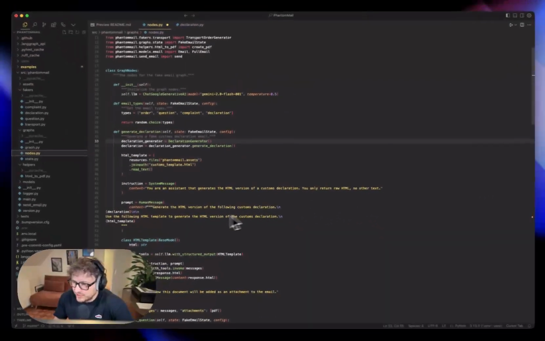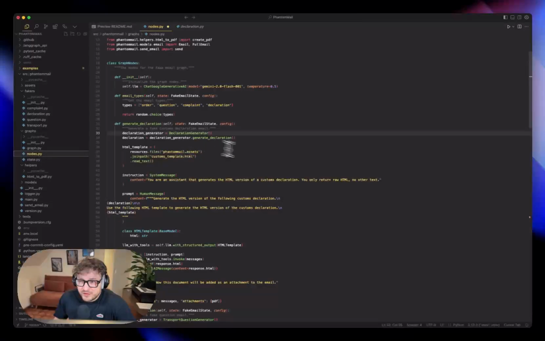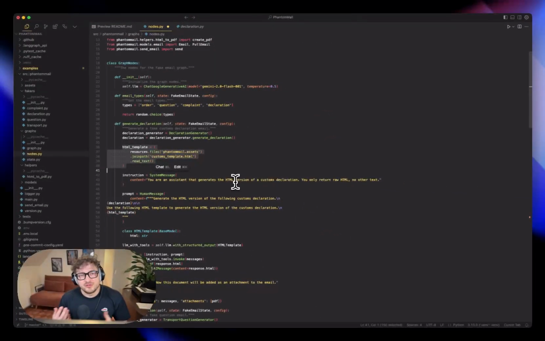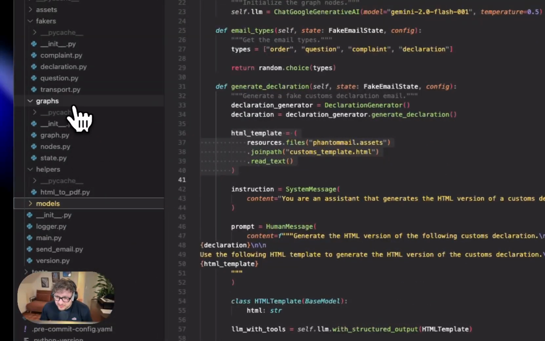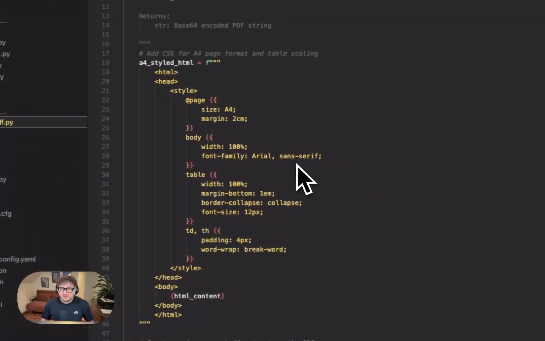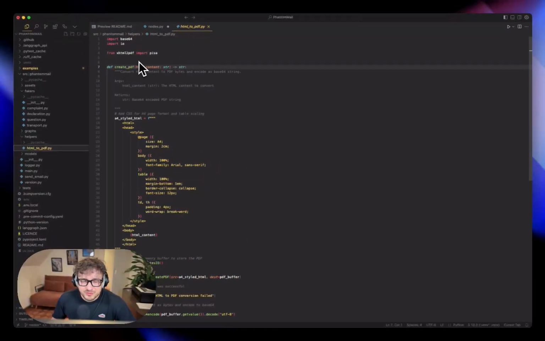So what we do here is we first generate the fake declaration information. What we then do is we actually ask the model to create an HTML file based on that fake information, and we then use a package here. You can see it. It's in the helpers packages. Here, HTML to PDF. So we then pass that HTML to a package called XHTML to PDF, and then we